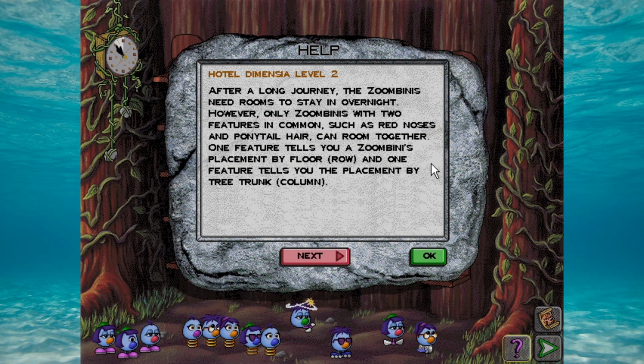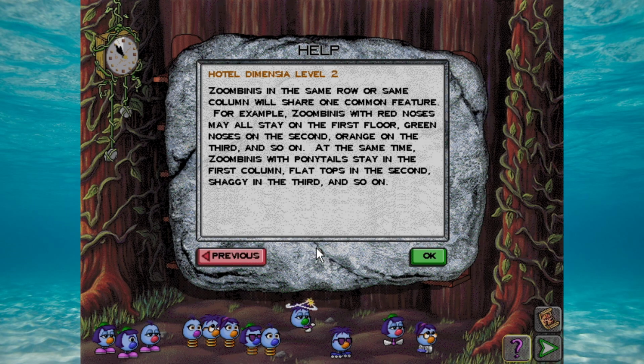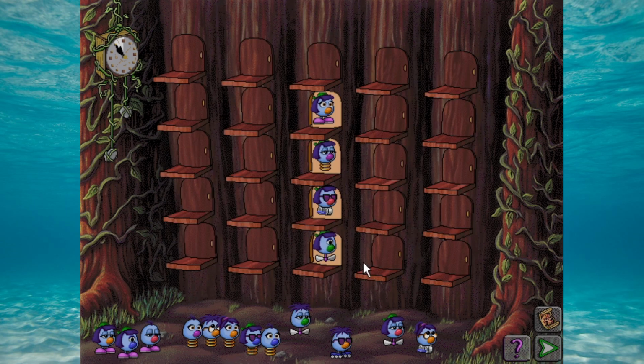After a long journey, the Zoombinis need rooms to stay in overnight. However, only Zoombinis with two features in common, such as red noses and ponytail hair, can room together. One feature tells you a Zoombini's placement by floor, row, and one feature tells you the placement by tree trunk, column. Zoombinis in the same row or same column will share one common feature. For example, Zoombinis with red noses may all stay on the first floor. Green nose...